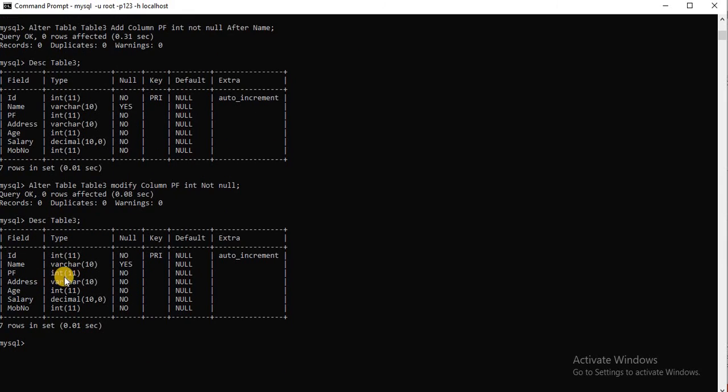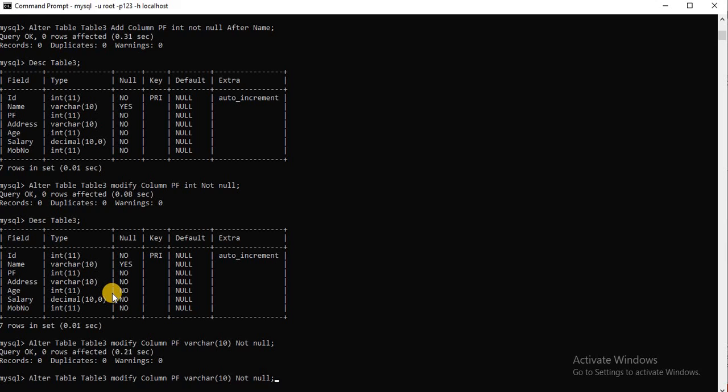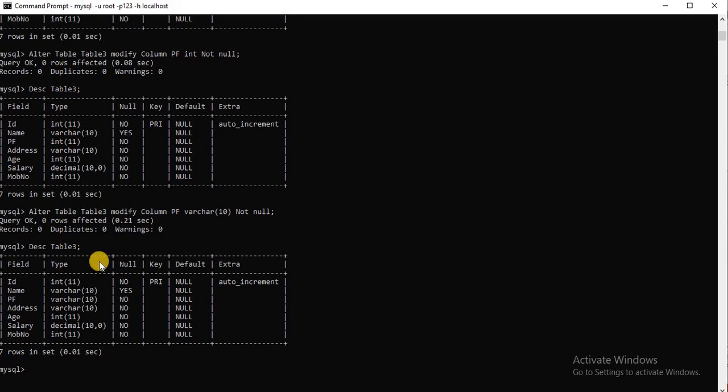Before, the pf data type was integer. Now you can see the pf data type is changed.